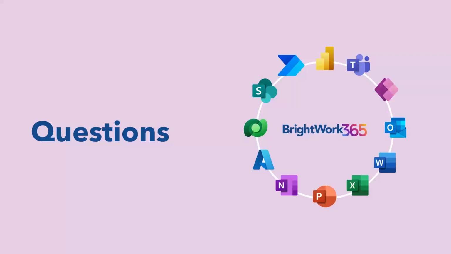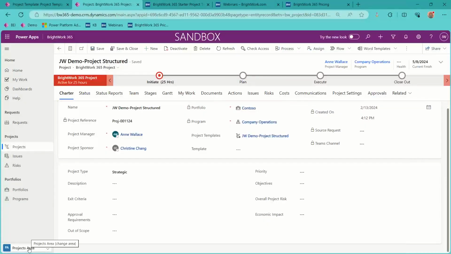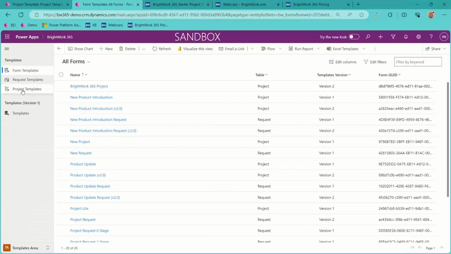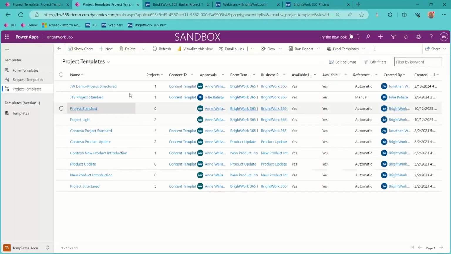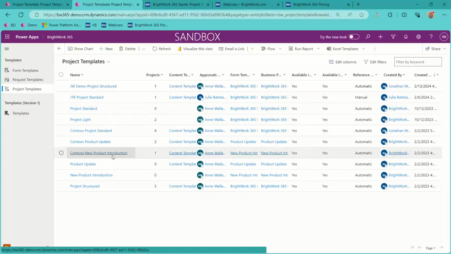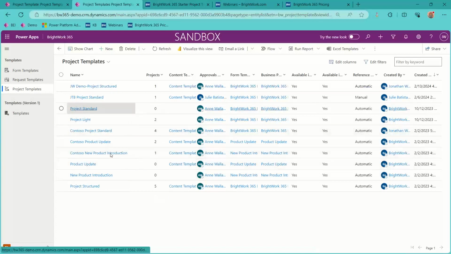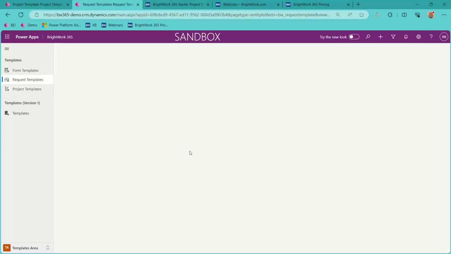So we talked about modifying the project templates, but how about things for the request management process and other forms? Can you modify those as well? Yeah, absolutely. So I'm just going to share my screen again. I'm going to go into, again, behind the scenes, the templates area. So we've been focusing just on how you can manipulate or embellish the starter templates. But if I click here on request templates,